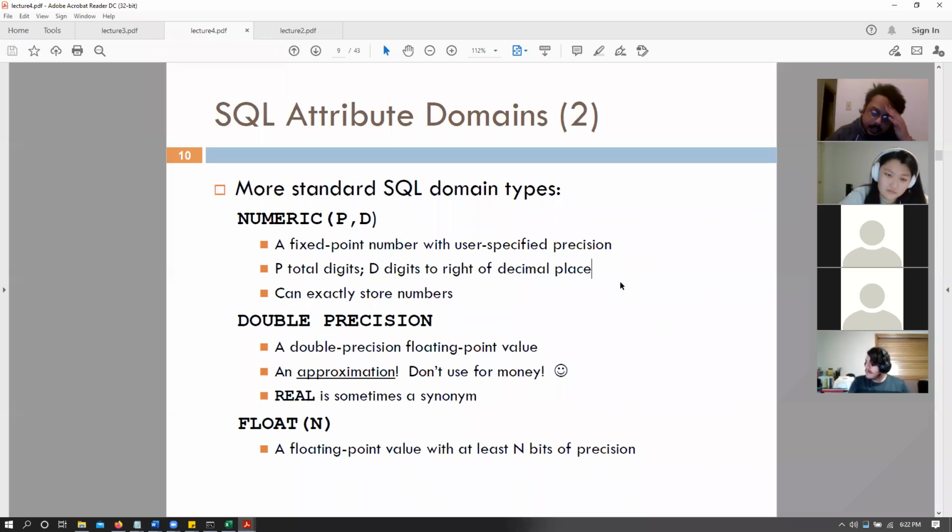So for example, PostgreSQL allows for P to be 160,000 digits, and for others, usually Oracle and MySQL, it allows for 38 digits at most.